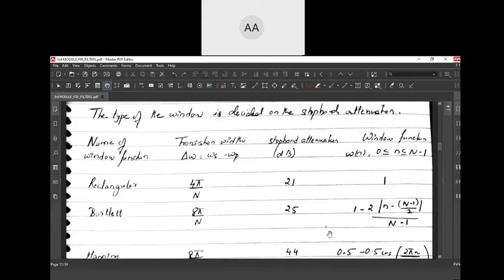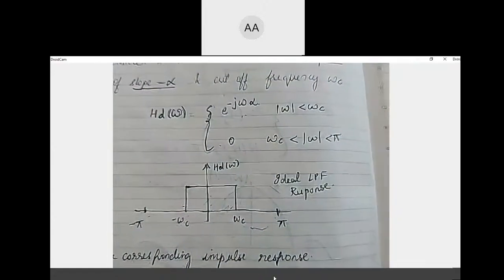Calculation of your impulse response, you will follow the same procedure as we did for the derivation here. In a similar fashion, I'm going to do the problem. If you have missed this, we'll compensate for it while doing the problems, not to worry. In the same way, we'll do the integration, we'll do everything, and then obtain your h_d(n).